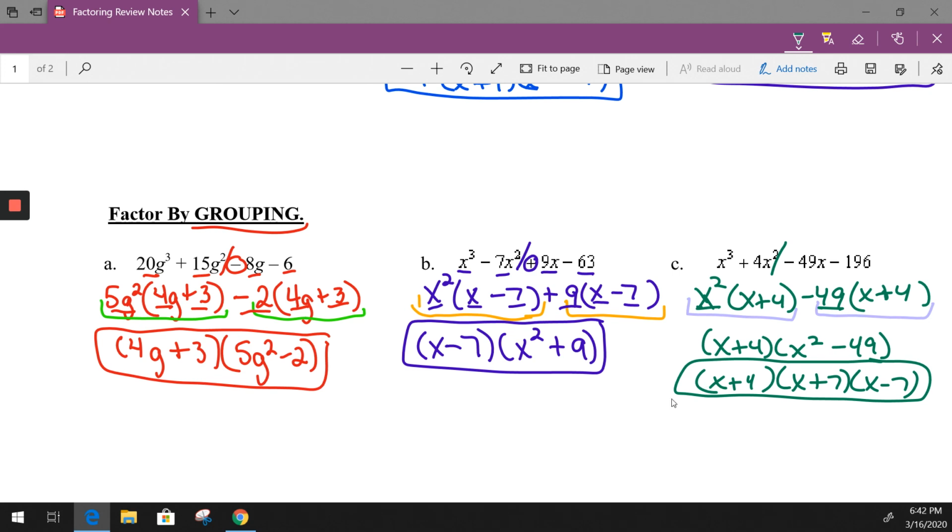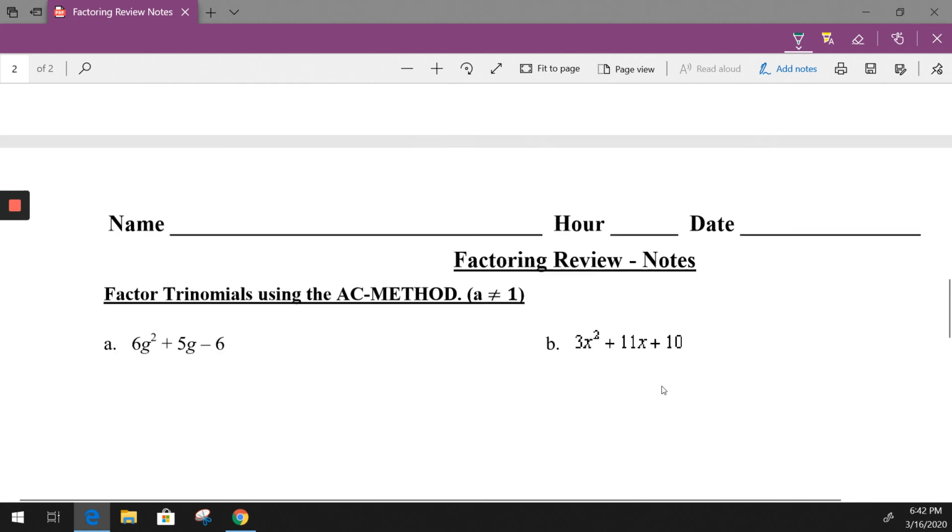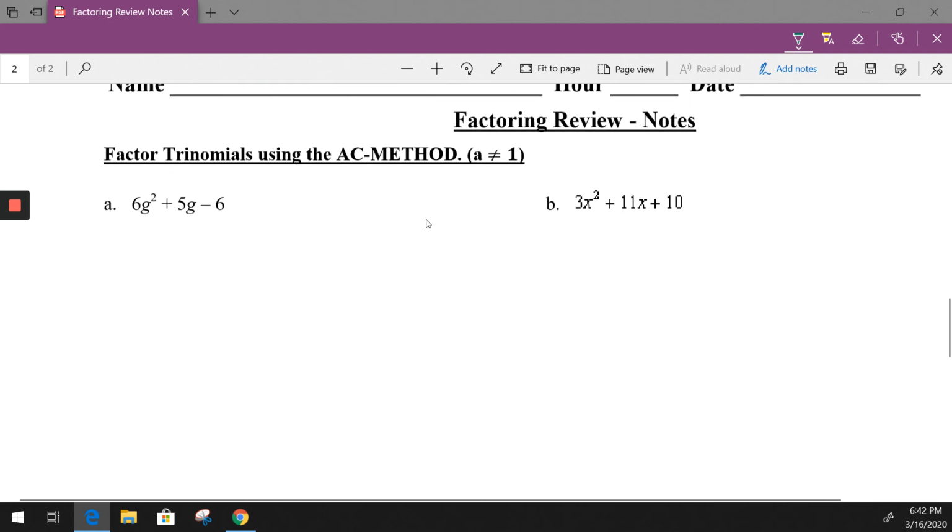Okay, so now moving on to the AC method. I'm going to pause and probably create another